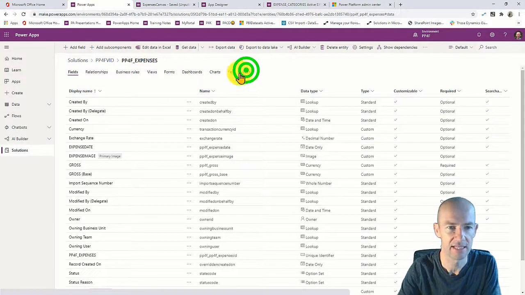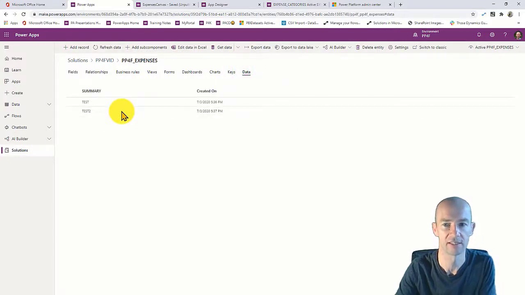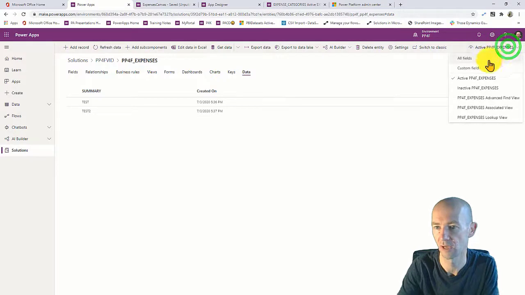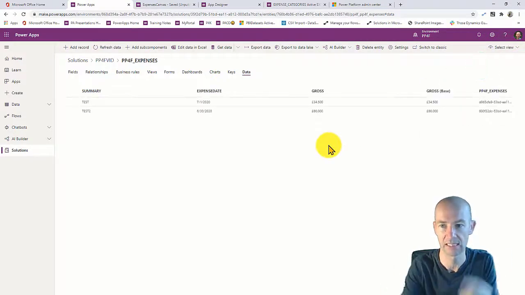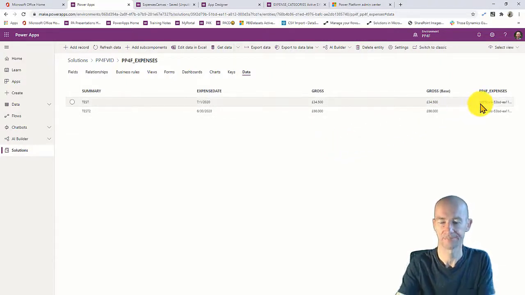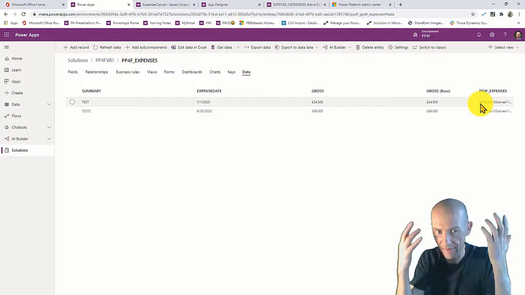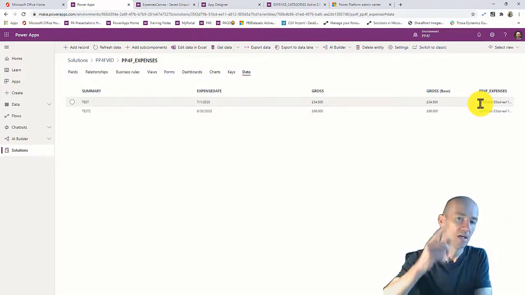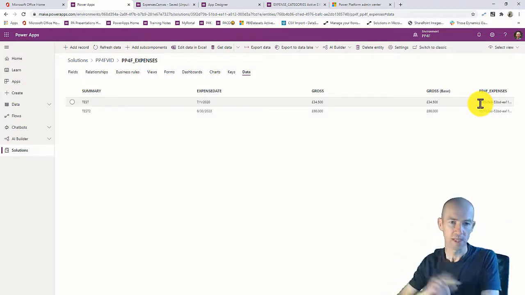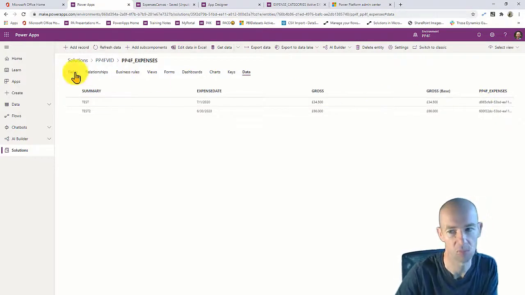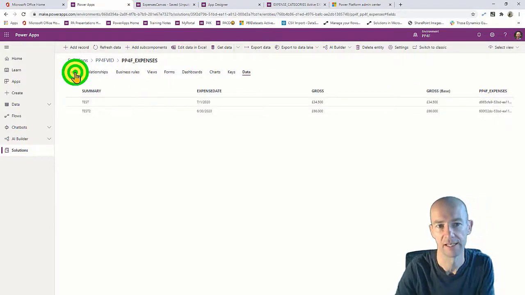And if I go on to data, we'll see our 2 lines have been put in there. If it appears like this, you just do custom fields, and then you get to see the fields that you actually created. And notice this bit here, it is a GUID. Everything is GUIDs in this world. One thing we haven't done is any relationships. We don't know what type of